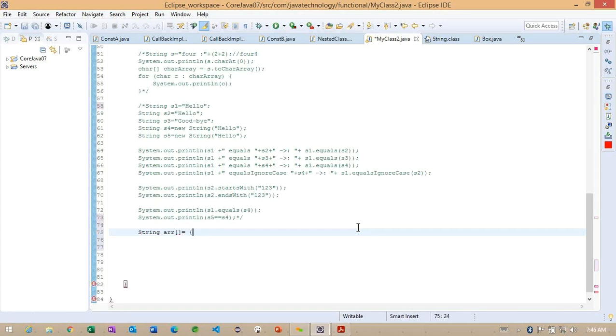Here we'll try to add some values, something like 3, 4 and up to 5 we are going to add. So now I am trying to create a string array here.